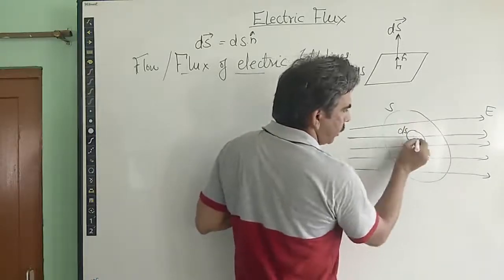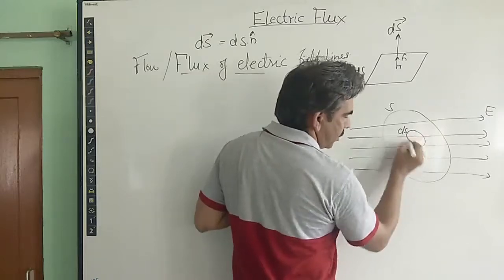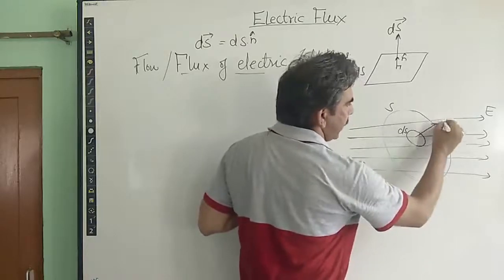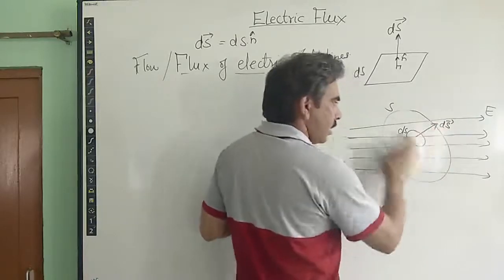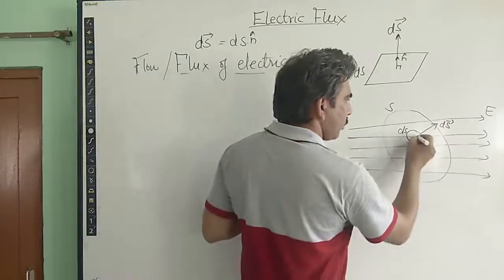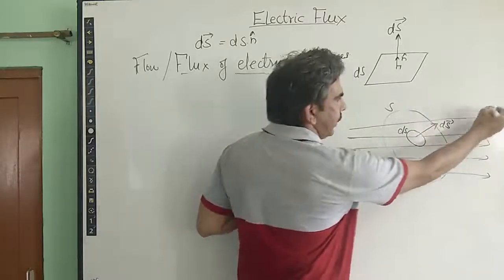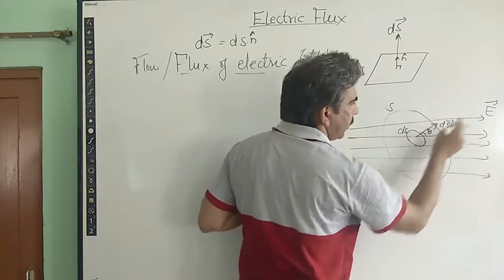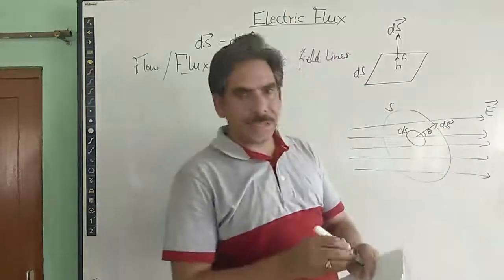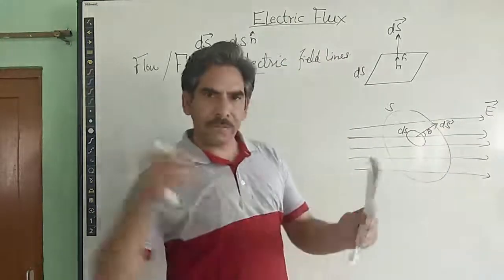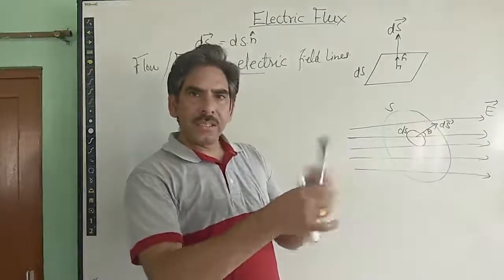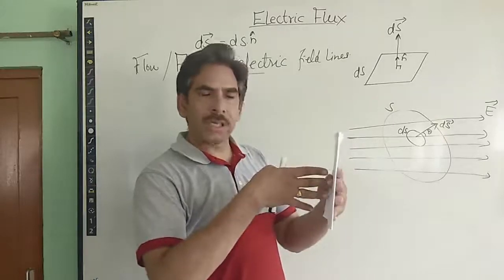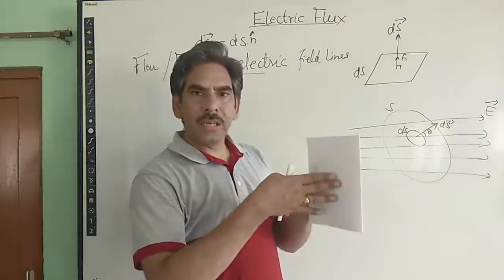So we draw a normal to this surface ds. For example, it is oriented in this direction. So this is the area vector. This is normal to the surface. And because it is normal to the surface and the surface is lying in some electric field E, there is, for example, an angle theta between the area vector and the electric field. Means electric field is in this direction and the surface is in this direction, right? It is inclined. It is not perpendicular to the electric field. It is at some different angle.